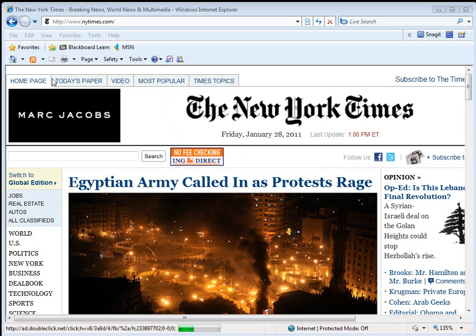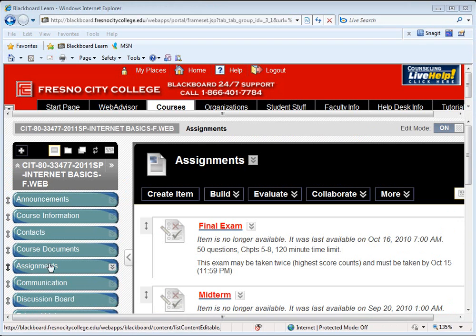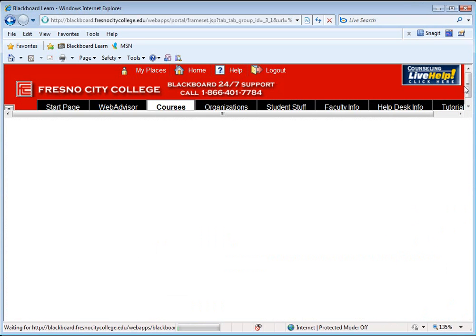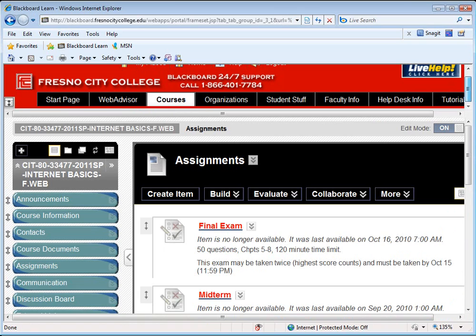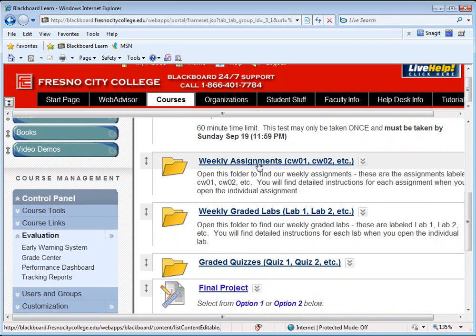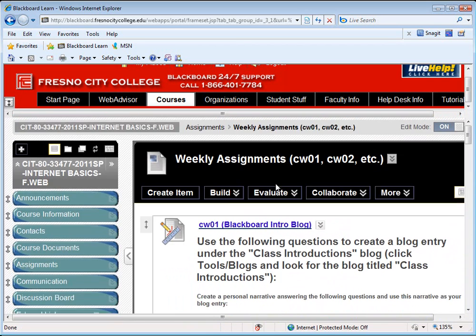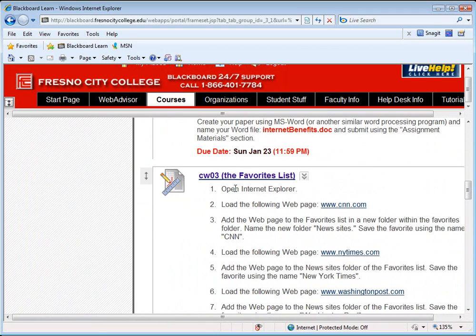Now all we need to do is to get this folder here, the zip folder, we need to get that ready to submit to Blackboard. So the easiest way, right click, copy. Then in Blackboard, open up assignments. Open up CW assignments, weekly assignments, go to cw03, open the link,